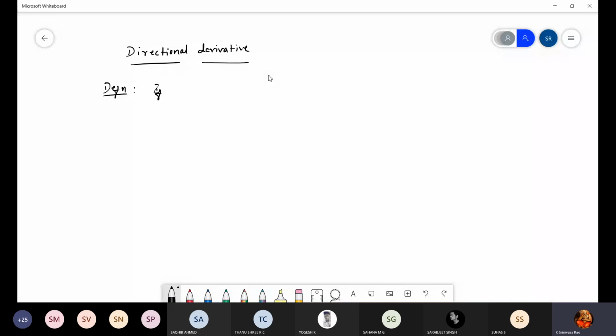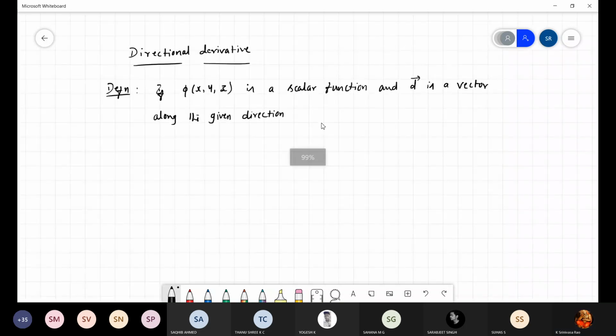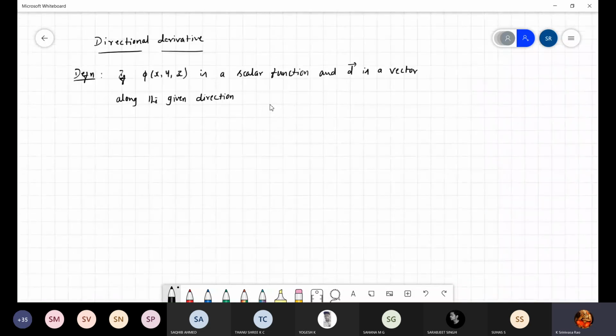If phi of x comma y comma z is a scalar function and vector d is a vector along the given direction, then the directional derivative